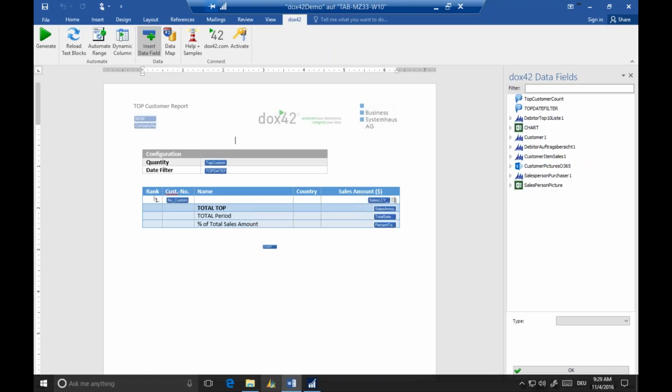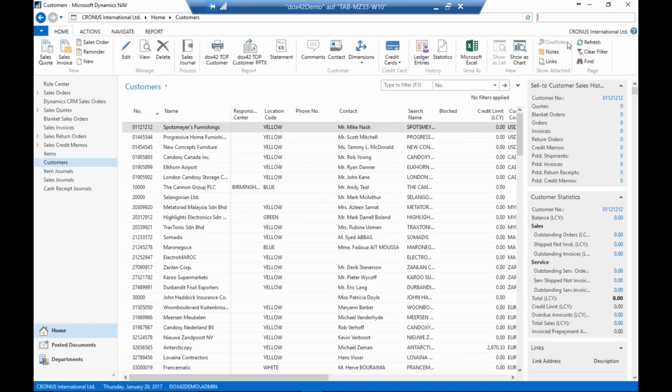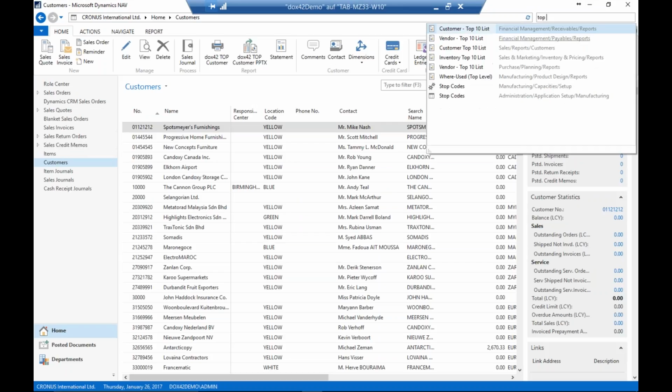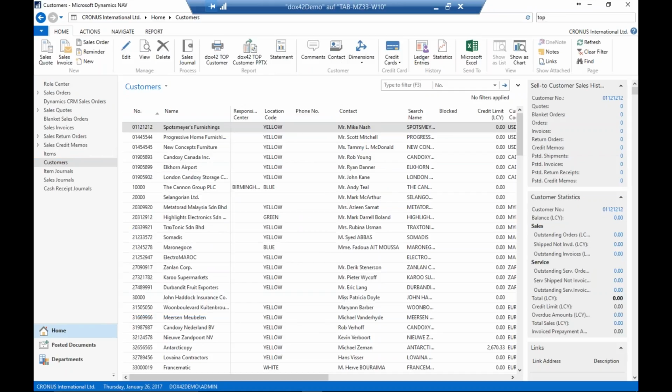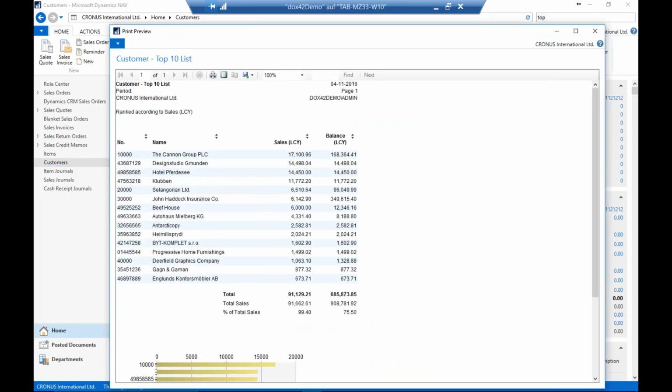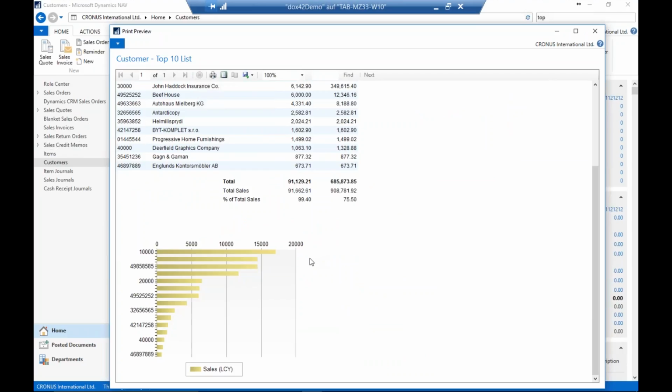So what I like to do is, we people all know the famous top 10 customer report. That's just a report Microsoft is showing us all day long, and it goes like this. It's a simple report that will analyze the customer data and will show us the sales sums in the rank, and it will also make a kind of diagram. Please don't ask me about my opinion about how this is made, because it's not really the way that you would like to see such graphics, but we will do it in a better way